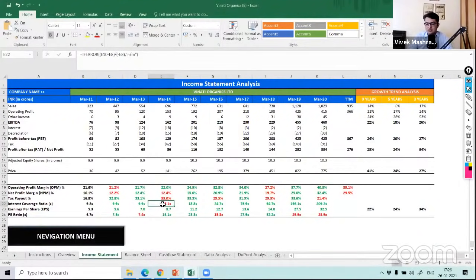Say for example, you are a salaried guy. You have 1 lakh rupee salary per month, which is coming into your bank account. Now, out of 1 lakh rupees, you are spending on grocery, your day-to-day expenses, your rent, whatever your normal routine expenses are, and you are left with 60,000 rupees. And suppose you have bought a house which has an EMI of 30,000 rupees. So what does that mean? After all the expenses, whatever you are left with, how many times do you have capacity to pay? Two times, right? 30,000 is the outflow of EMI, and you are saving 60,000. So 2x is your interest coverage ratio.